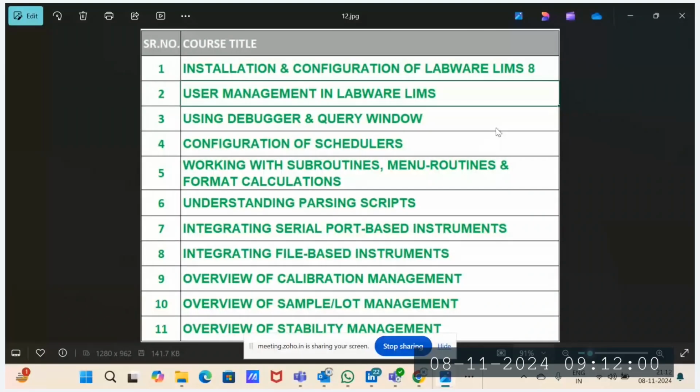These are the topics we are going to discuss during our training sessions: how LabWare LIMS installations are going to happen, and how configurations will help us as part of our LabWare LIMS implementation. Installation is different, configuration is different. We'll discuss thoroughly the difference between installation and configuration, followed by how the user management module is available in LabWare LIMS, how the debugger will help us, and what the difference is between the query window and the debugger,